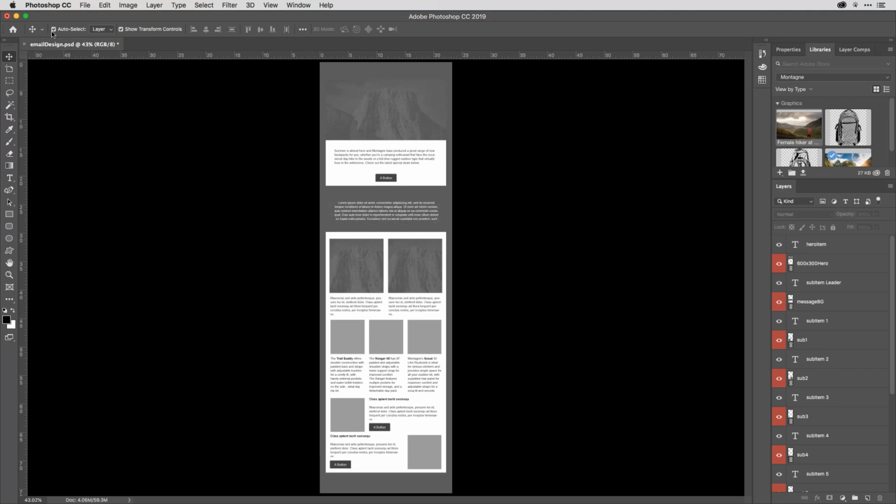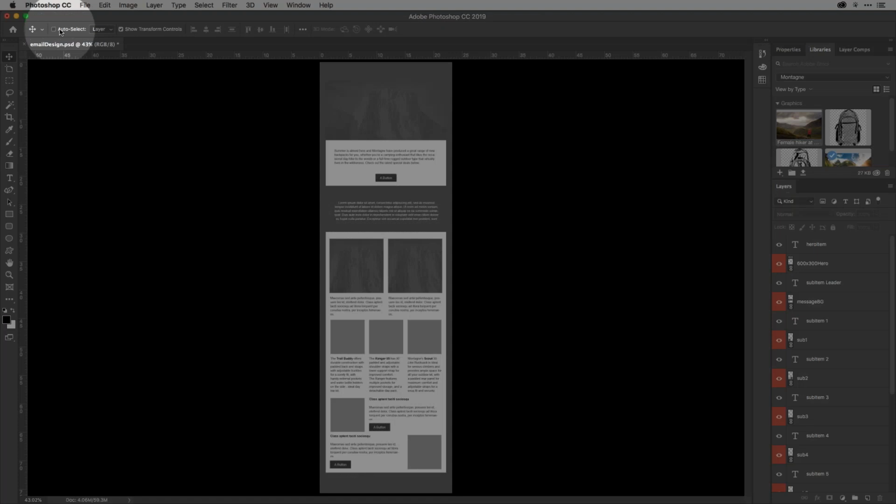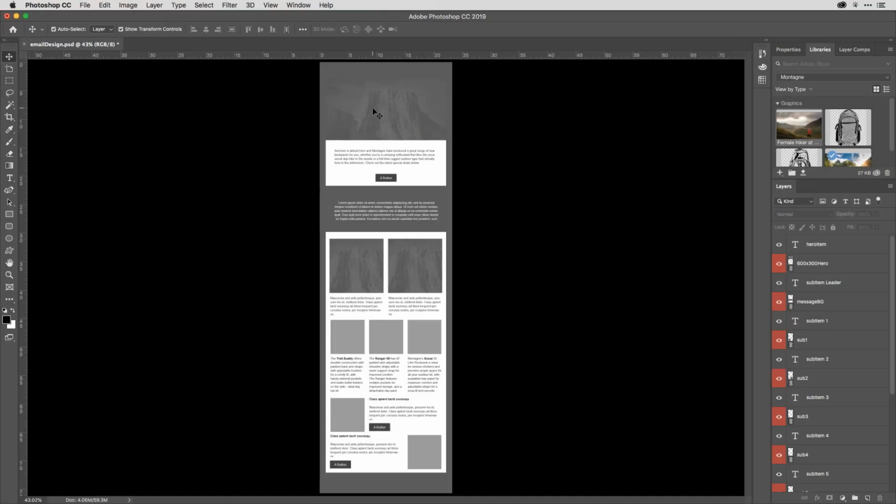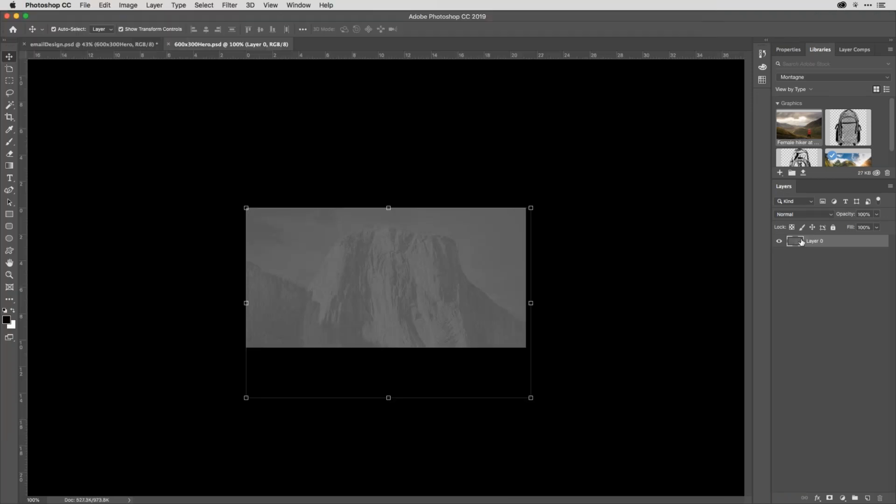So with my selection tool, move tool here targeted, and I've got auto select switched on at the top of the screen. Sometimes you want that, sometimes you don't. But if I click on this thing here, this is the hero image for my email communication. And I'm going to come along and double click on the thumbnail for that, which takes me into that smart object. So I'm going to drag in a couple of things which I think will be good for